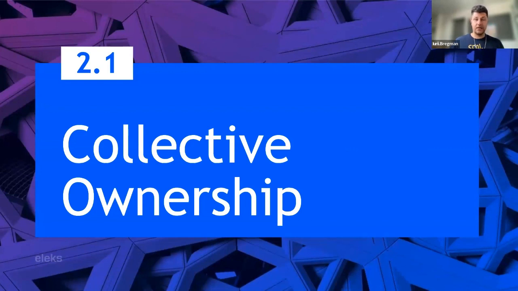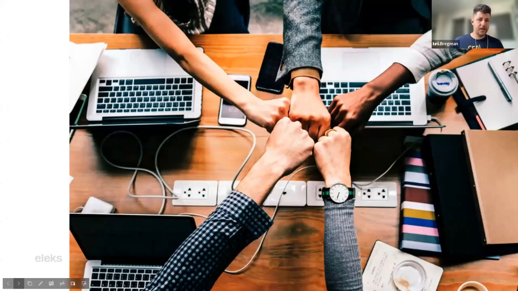Next, team practice is collective ownership. It's an important one. Any member of the team can check out and improve on any module in the project at any time. The software development team owns the code collectively. Collective code ownership, in simple terms, is sharing code and design responsibility among the team members.